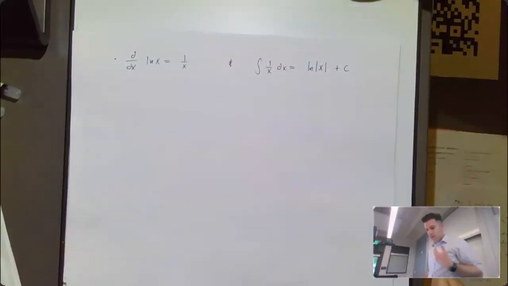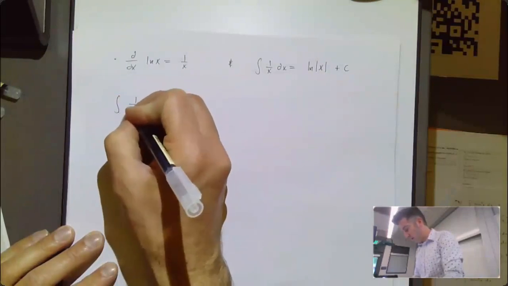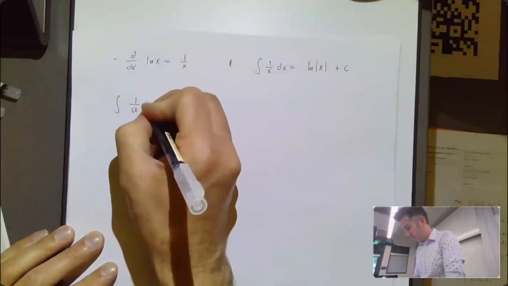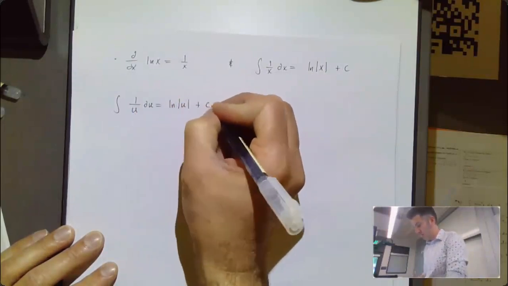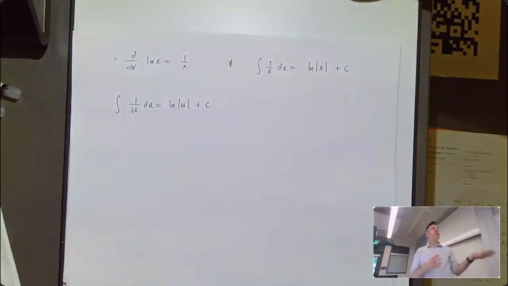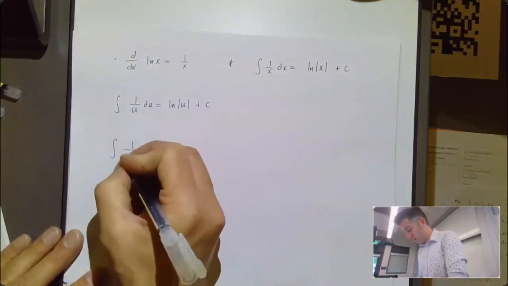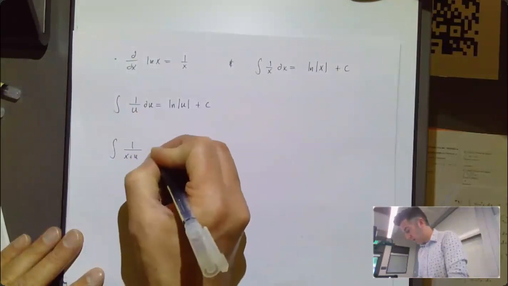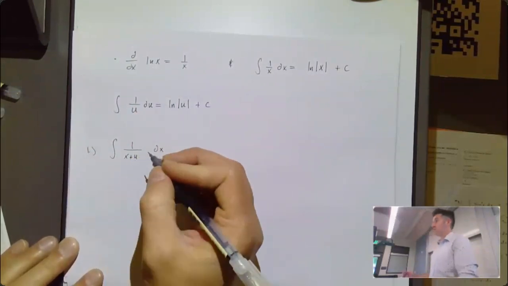And to expand upon that a little bit, if we take the antiderivative of 1 over some u du, we're going to get the natural log of the absolute value of u plus c, which is leading us towards this idea of a nice U substitution. So for example, if I want to take the antiderivative of, say, 1 over x plus 4 dx, I'm going to either do it the long way,